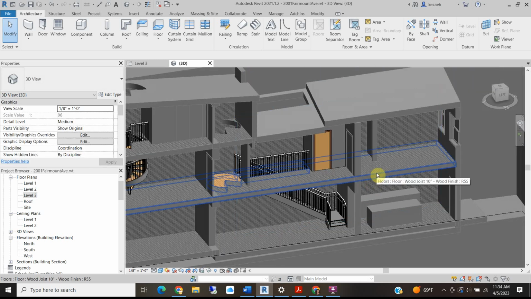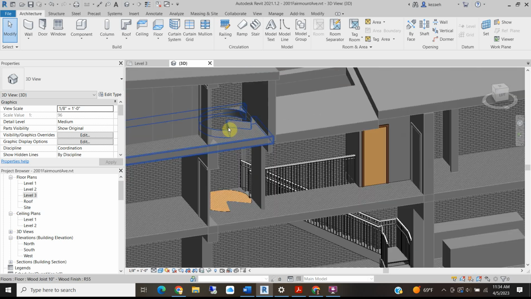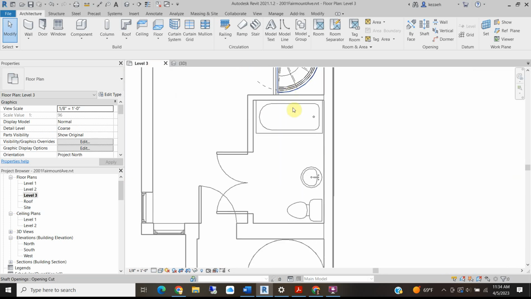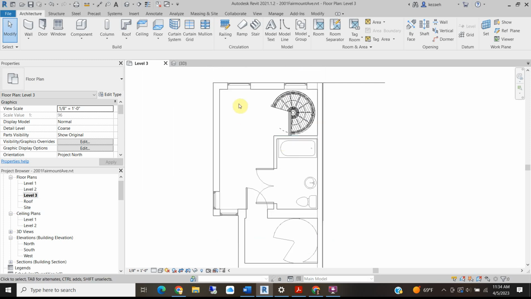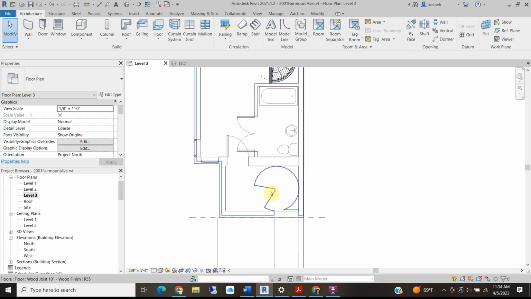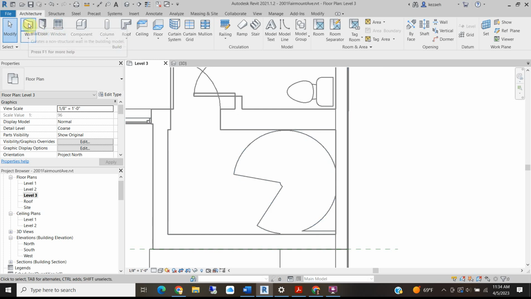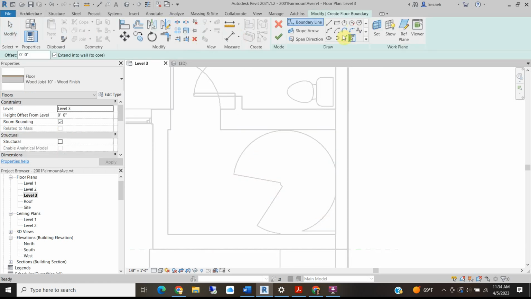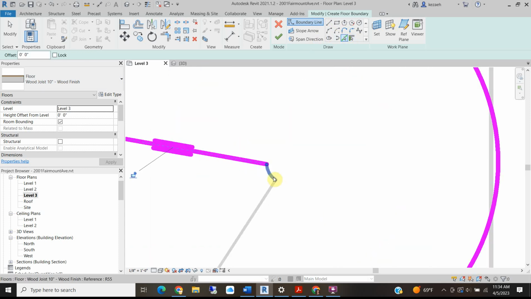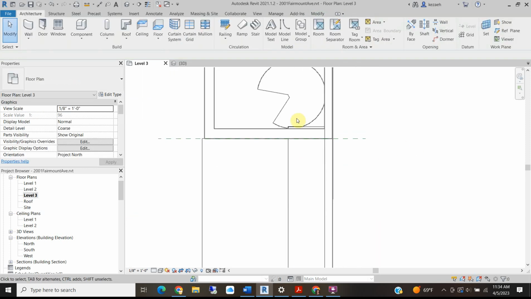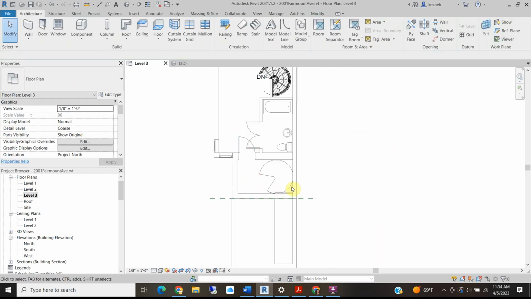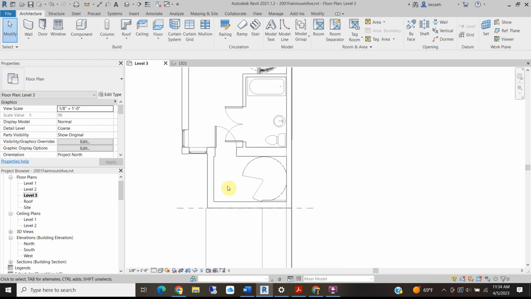So there is lots more I could change on this. Oh, I need to at least fill in that floor. So I'm going to leave this bathroom alone. I'm not changing anything there. This I'm going to fill in. So I'm going to go to floor and then select the edges of this to close it up. Hit my green check. And so now we kind of have like this back room here that might be used